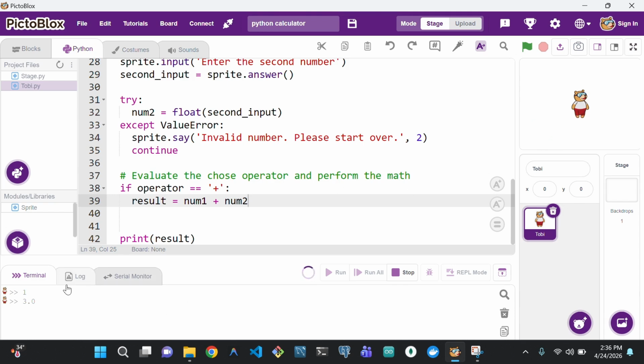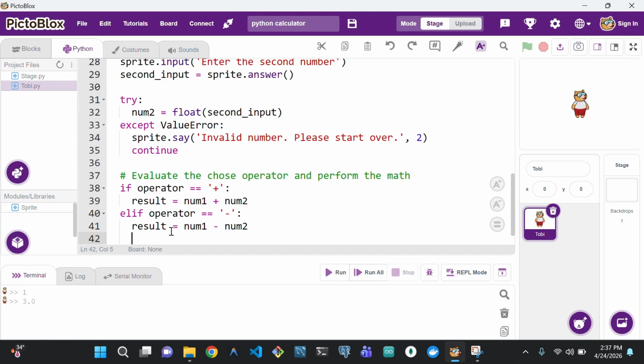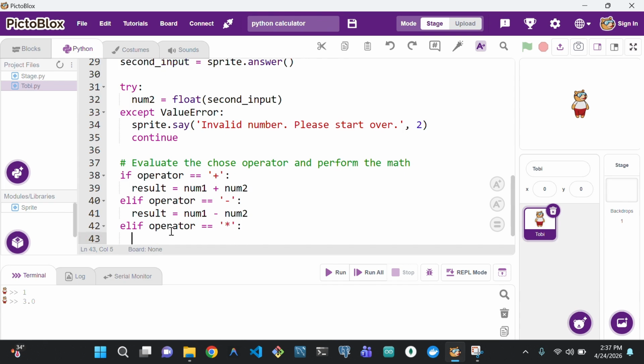Alright, now let's account for subtraction. So let's say elif operator equals minus, then we want to set result equals num1 minus num2. Now let's move to multiplication. Elif operator equals multiplication,